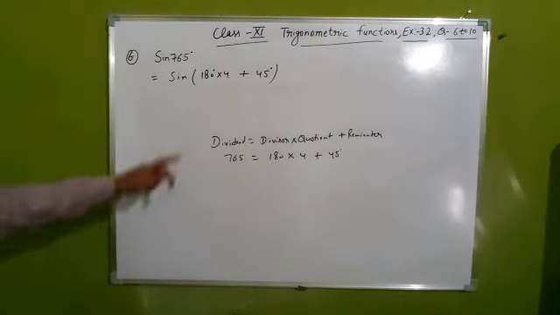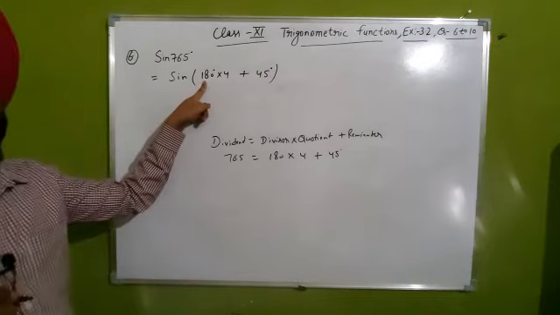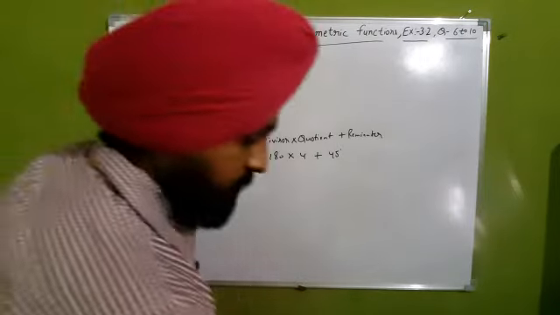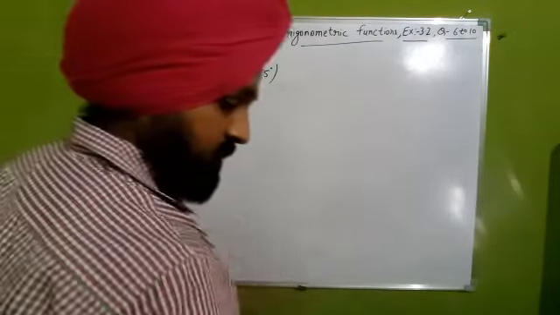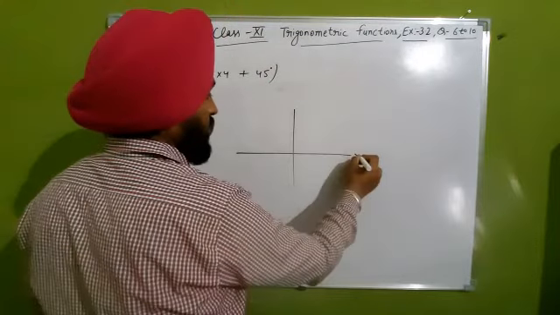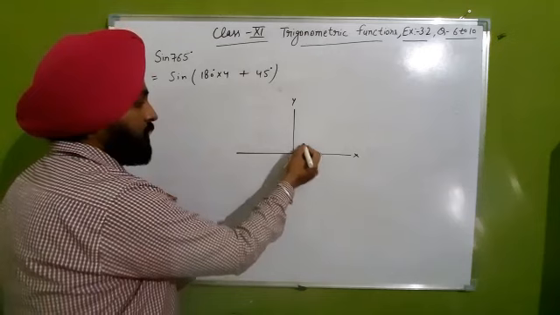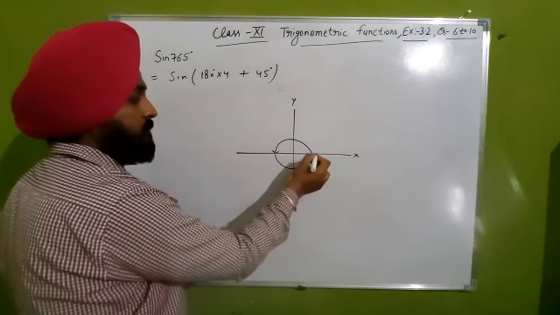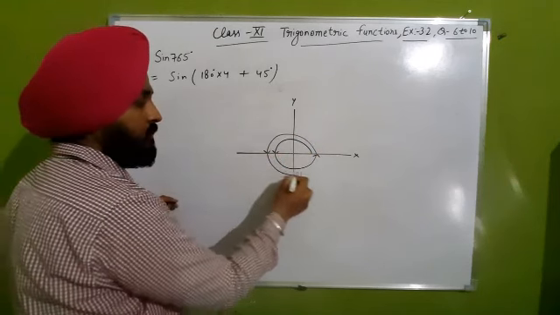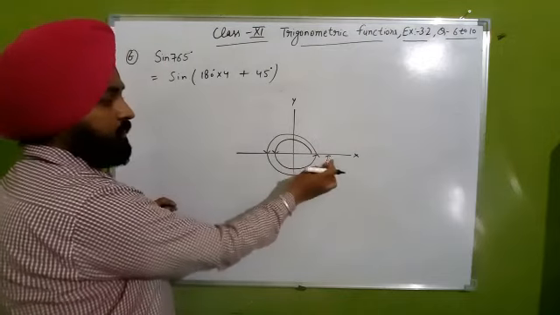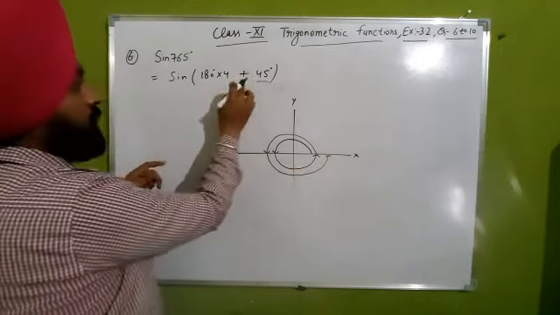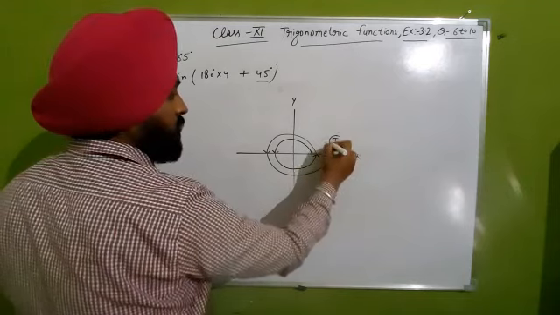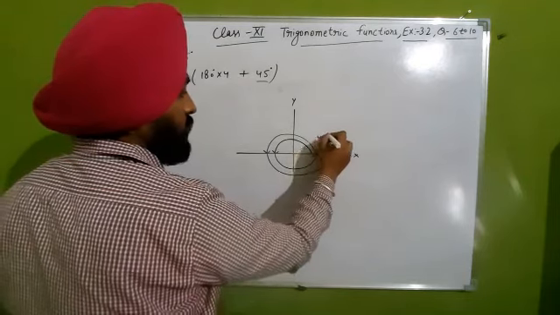Clear? Now do you remember, beta? It is a multiple of 180 degree multiplied by 4, which is an even number. So check here in which quadrant this angle will lie. Check here, x-axis, y-axis. From here to here 180 degree, second 180 degree, third 180 degree, now 4 times 180 degree there. Now 45 degree is added here, that means this whole angle will lie in the first quadrant. 45 degree will be there in the first quadrant.